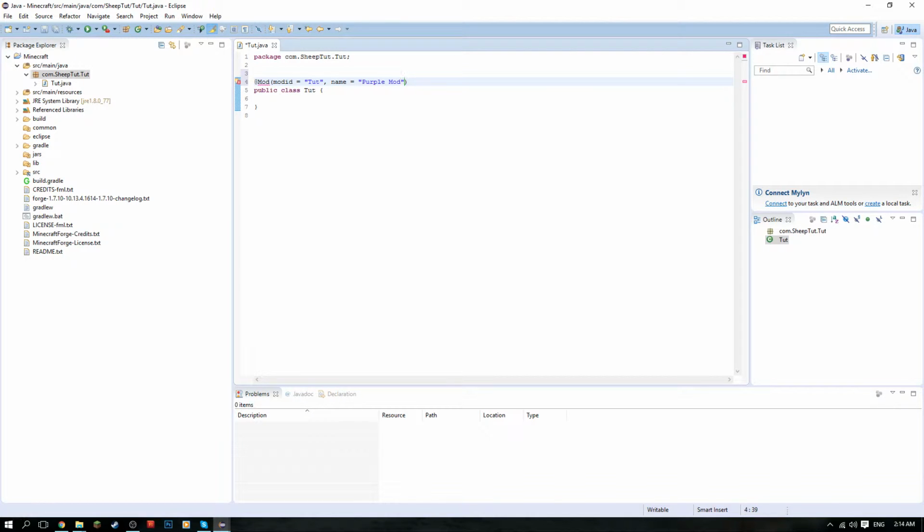Just like that. I think I spelled purple wrong. I'm a great speller. Yes. And then go out of that. And then the very last thing we want to do inside this is space version